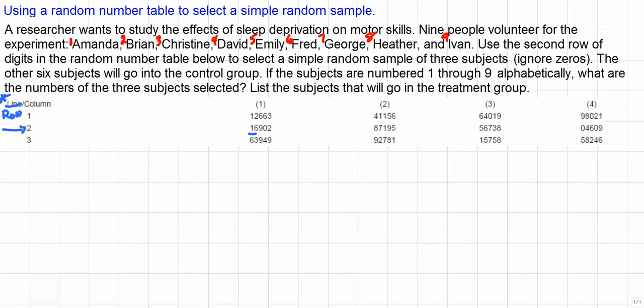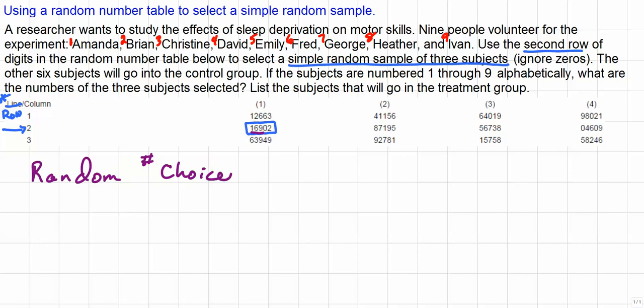And since we want to use the second row to select a simple random sample of 3 subjects, we're just going to go ahead and look at the 1, the 6, and the 9. So these will be our random number choices. And then we will use those numbers to select first Amanda, then Fred, and then Ivan. So these will be the names in our random sample: Amanda,